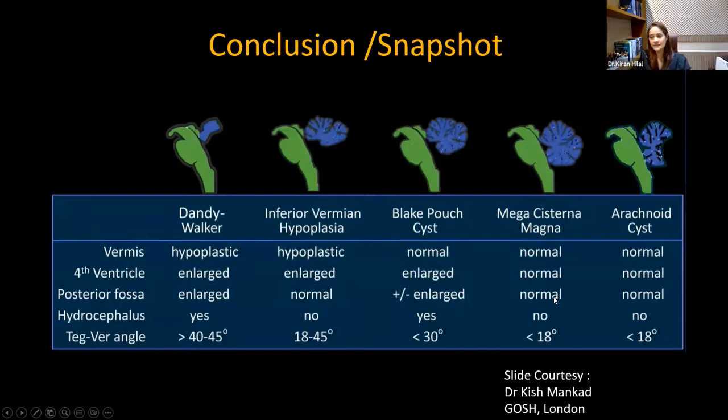As I said when I started, this is going to be a quick conclusion and a snapshot of the posterior fossa prognosis. This is a snapshot of the images, and I'm really grateful, Dr. Kishman, for providing me this slide. I strongly recommend all the neurosurgery, neurology, and radiology residents, whenever you are interpreting a scan for a posterior cranial fossa cyst, keep this in your mobile phone, tablet, reporting area, or clinics. Whenever you have such a case, always look for the vermis, fourth ventricle, posterior fossa, hydrocephalus, and tegmental angle. I'm not going into the detail because we have discussed all this in detail. This chart will definitely help you to make